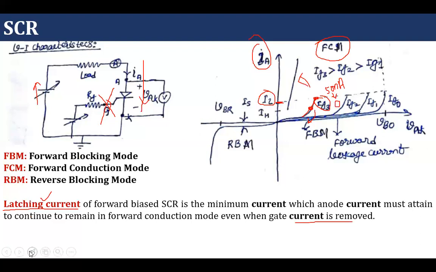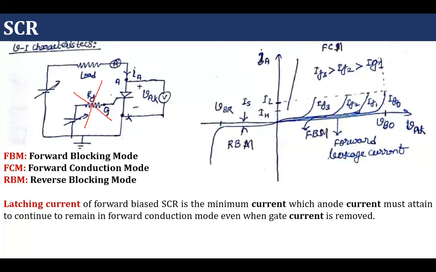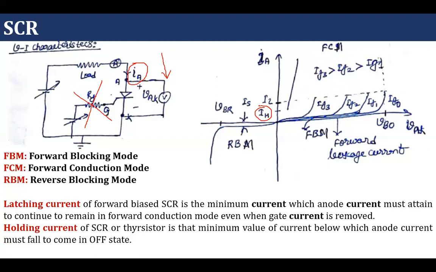Now we know that with the help of this gate, we can't turn off the device. So how can we turn it off? There is only one way to do it. By hook or crook, we have to reduce this anode current below a certain point. And the name of that point is holding current. So what is holding current? Holding current of an SCR or thyristor is the minimum value of current below which anode current must fall